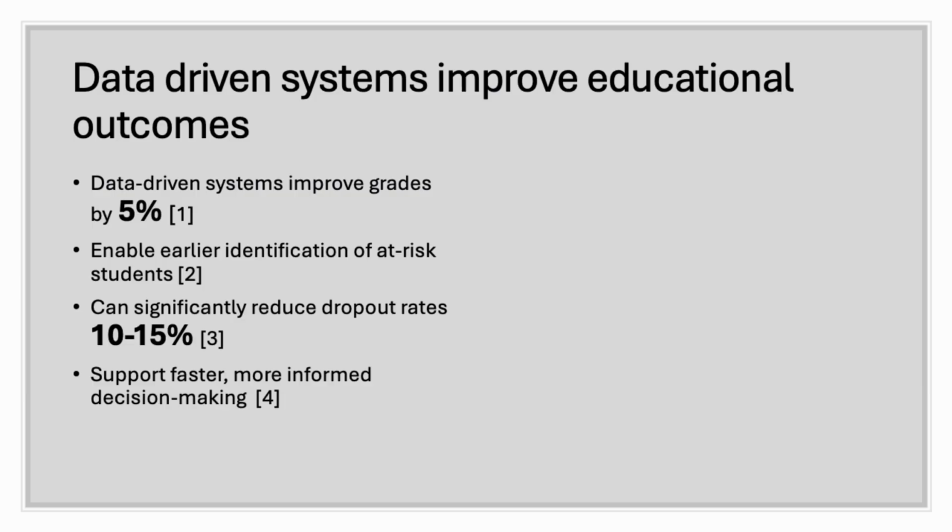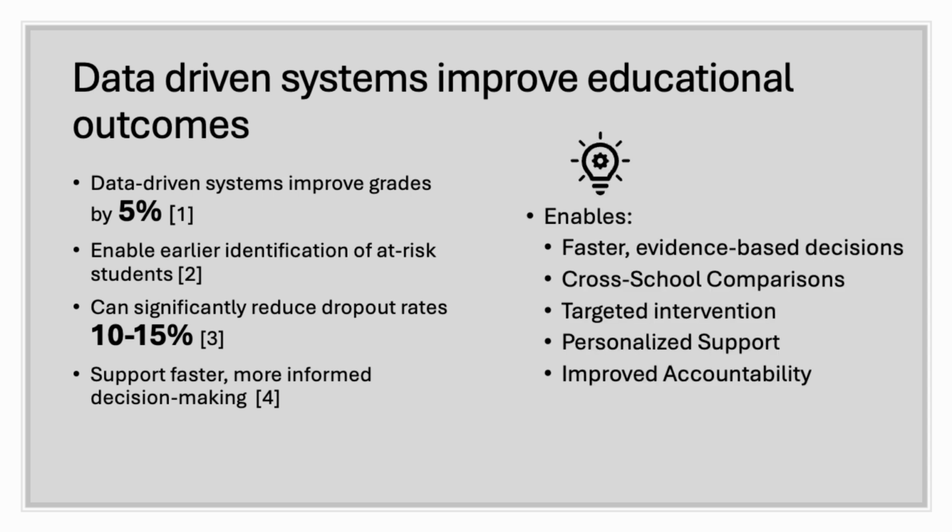This matters because data-driven systems have been shown to improve student outcomes. They can improve grades by 5%, and help identify at-risk students earlier and reduce dropout rates by 10 to 15%. They also support faster, more informed decisions. So this essentially enables a system where we can have faster evidence-based decisions that can be used to inform school